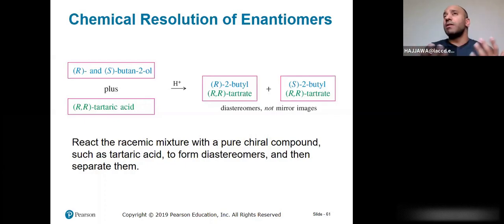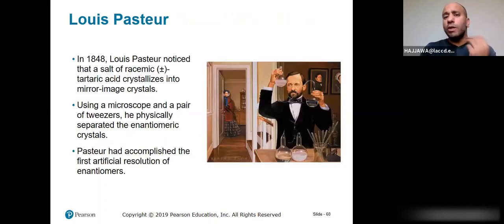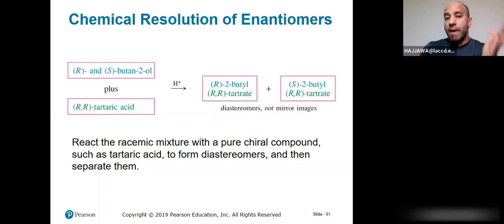And that's a very common task in the drug industry: they will run chemical reactions and end up with a mixture of enantiomers. But one of them is the one that needs to be delivered to the patient, while the other one, if it was left there, because it's an inactive compound, will be considered an impurity, and it may actually be a toxic compound. So Louis Pasteur came up with a method, the chemical resolution of enantiomers,